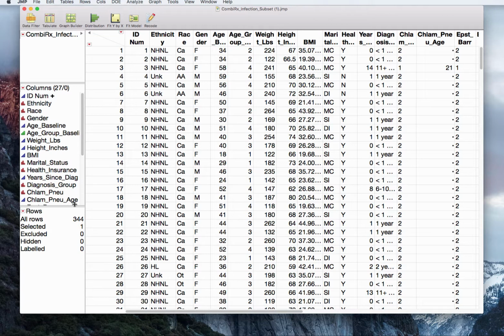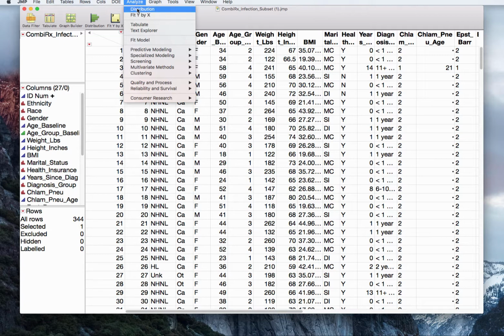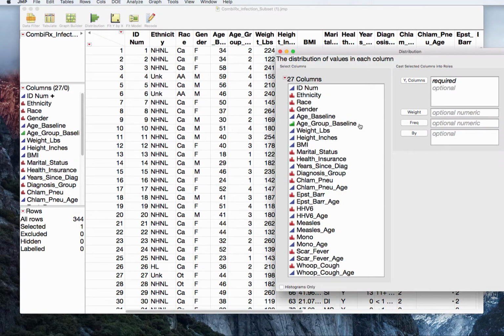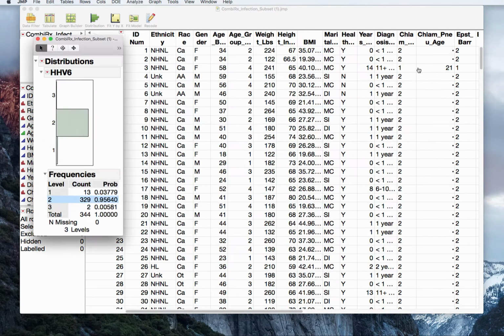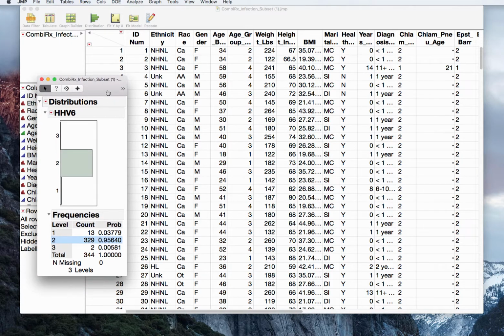The simplest way would be to do it on a per infection basis. This will, however, take the most amount of time because you have to exclude and include for each individual infection, but it's fairly straightforward. To do it on a per infection basis, click Analyze, Distribution. We'll click on, let's say, HHV6, press OK, and you can see here that we have two rows that